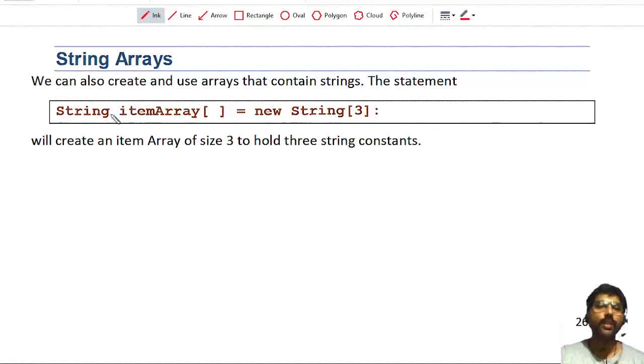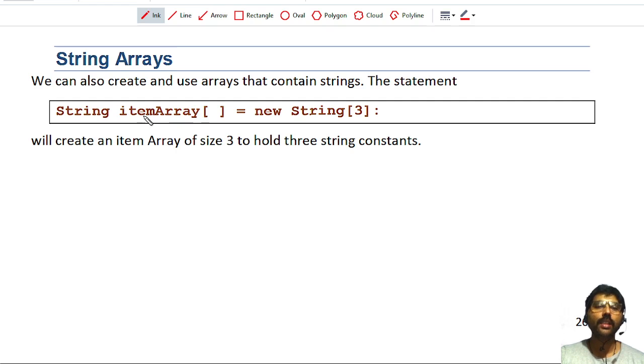The syntax is: String itemArray, then square brackets, is equal to new String, and here you have to specify the size of the array. This indicates that this itemArray is an array of strings which can hold 3 string elements. I can store 3 strings here.